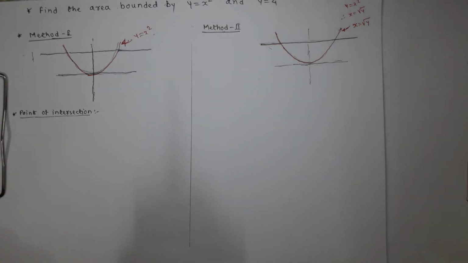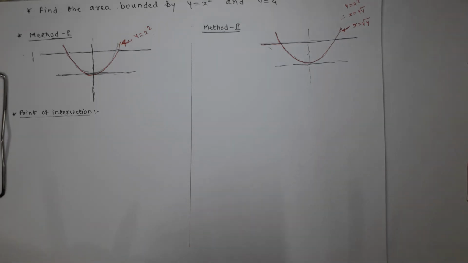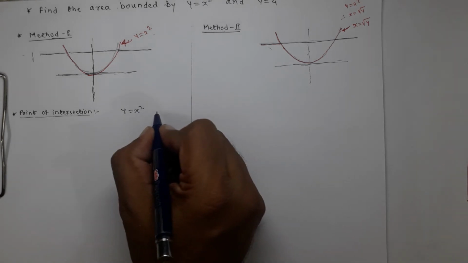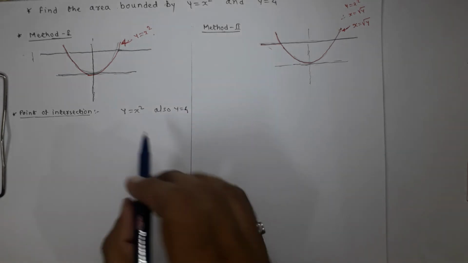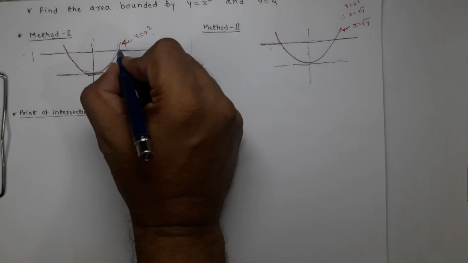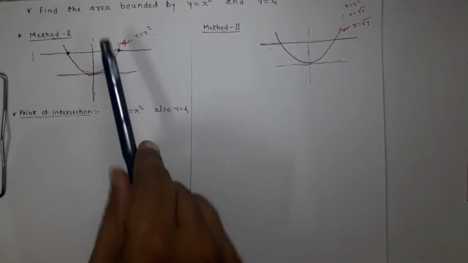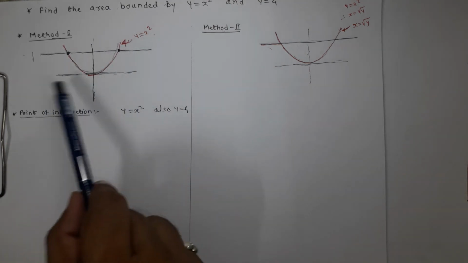Now always once you draw the curve and the given line, here the line and curve both are given, so I have drawn both of these. Now the point of intersection I will have to find. Now the point of intersection can be obtained like this. The equation of the curve is y is equal to x square. Also the equation of line is y is equal to 4. Now when such equations are given, this is the point of intersection as well as this is also the point of intersection. Now the point of intersection should satisfy the equation of the line as well as the equation of curve,